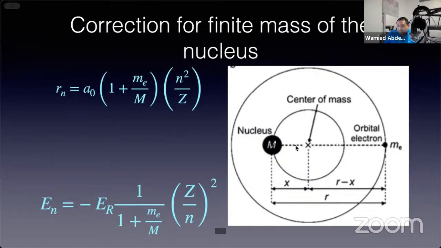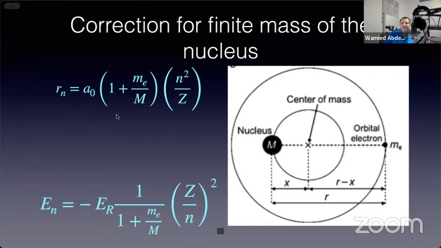Of course, in the figure here, the distances are exaggerated. So this mass is going to be a little bit from the center. The center of mass is going to be more towards the nucleus for sure. But we're going to see in other atoms, or other atom-like formations, this is not the case. So anyway, the radius of the Bohr model taking into account the correction for finite mass,